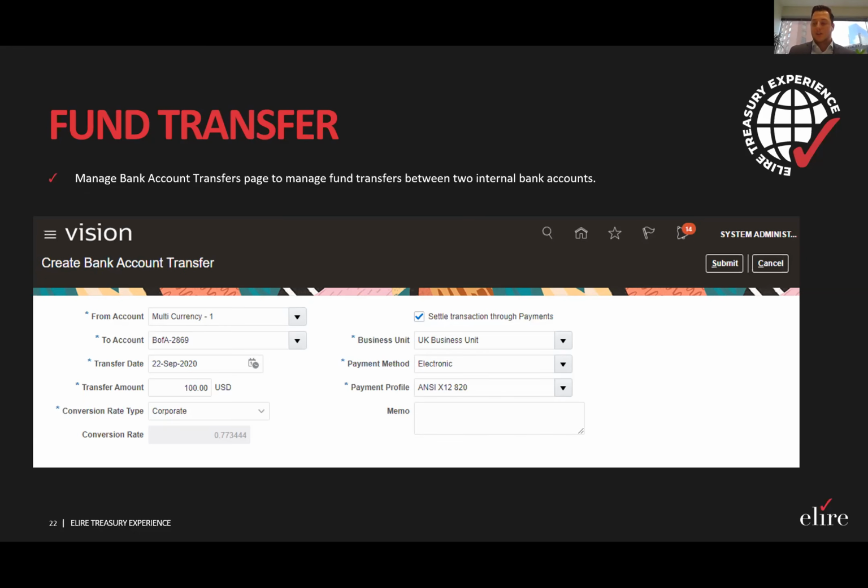Now, payments technically lives under the payables module, but it's its own hub that really facilitates the formatting and the transmission of various payment files to whatever established connections we have with the bank. So we either have the option of just creating this transfer, and what you would then do is log into your bank portal and manually enter it in, or we can settle this transfer through payments by checking this box,